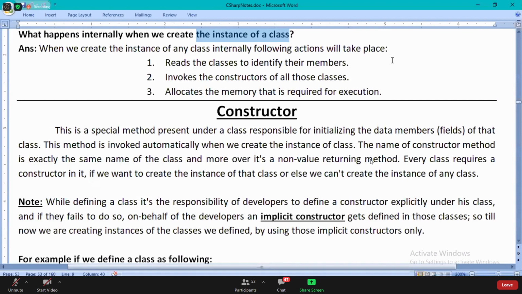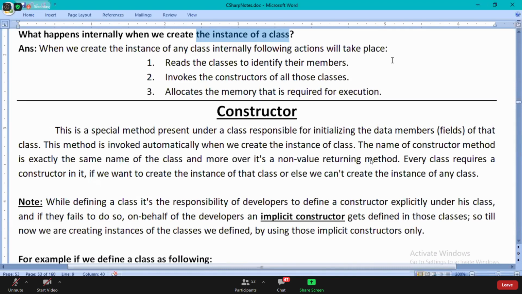It is also going to read its parent classes. Why will it read the parent classes?